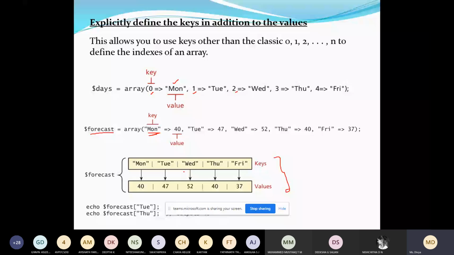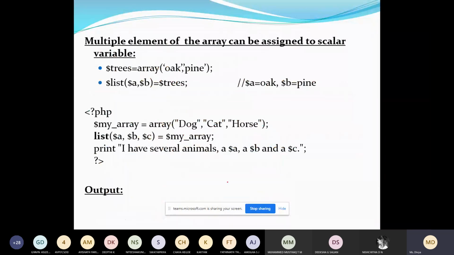If you want to print any value, you can simply echo $forecast and specify the key. The one having the key Tuesday returns 47. Similarly, Thursday has the value 40.